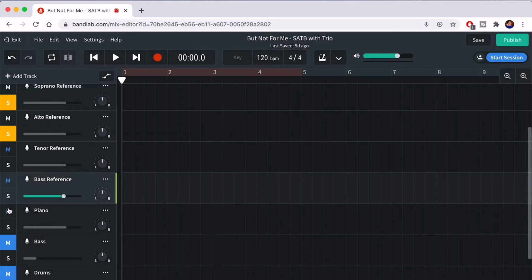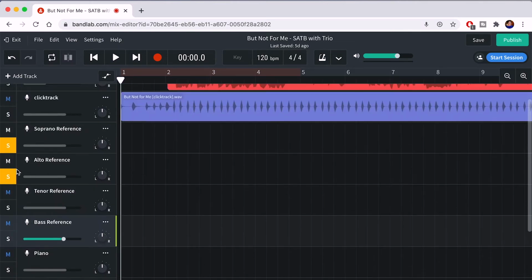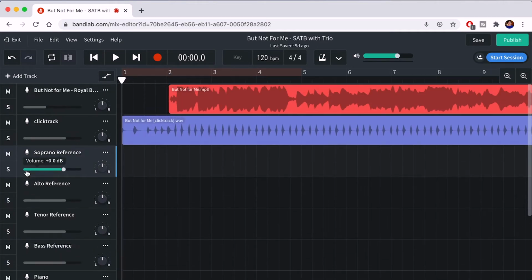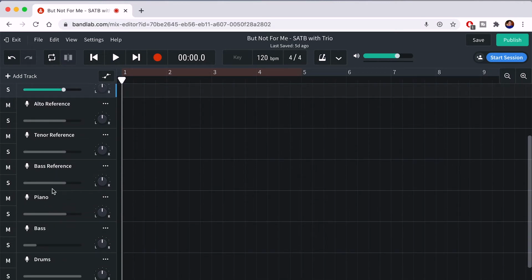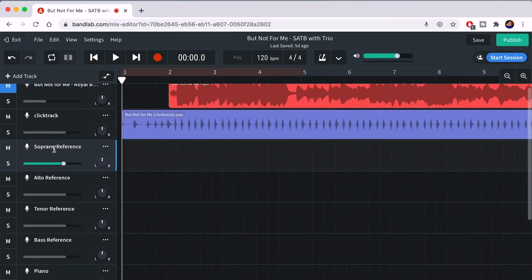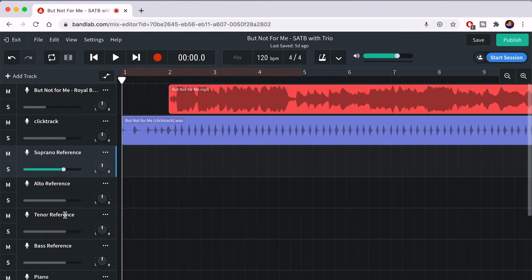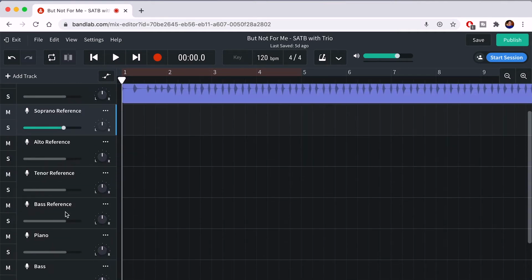Many options here, and it's like you are playing the role of the mixer. And maybe once you become comfortable, you can completely take off that reference track, mute it, and just sing, play with the click track, bump up your own line. You also have the choice if you want to monitor your sound or not, which means you will be able to hear your own voice or your own instrument as you are